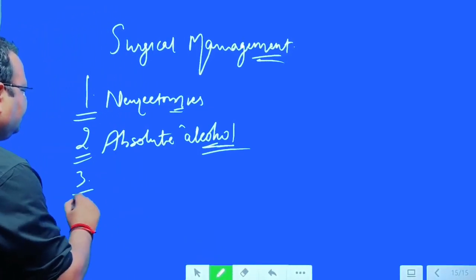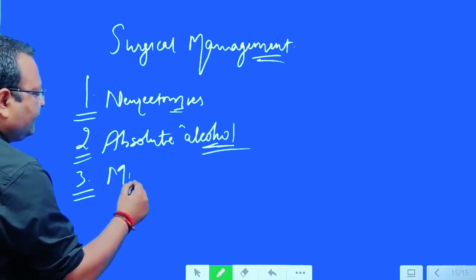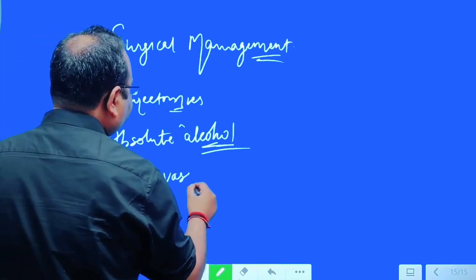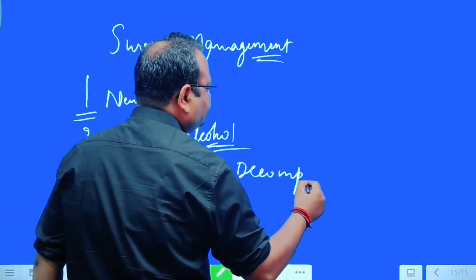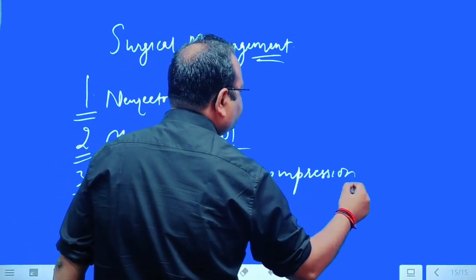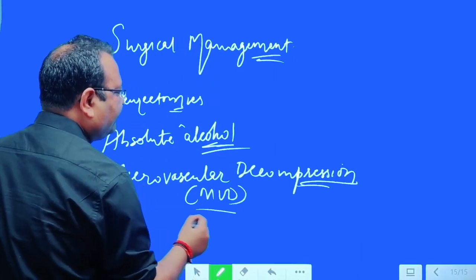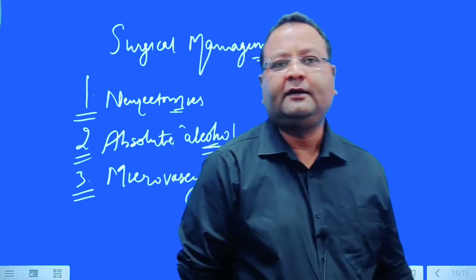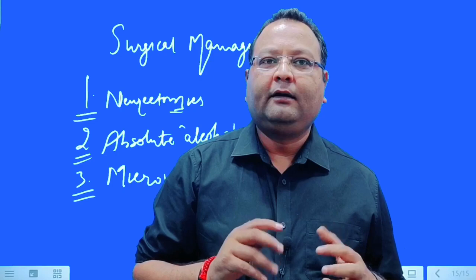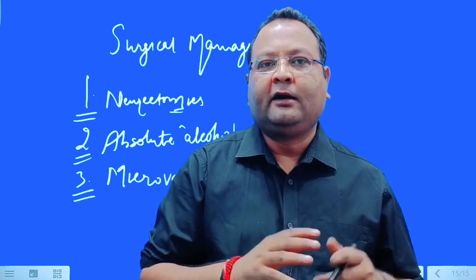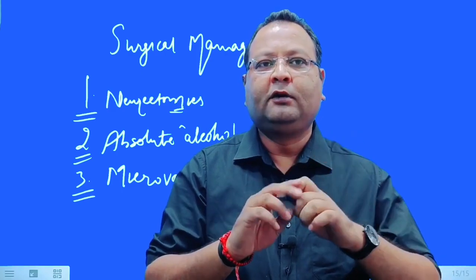Then you can go for microvascular decompression, also known as MVD. Microvascular decompression is a surgical technique in which you will enter into the brain, enter into the target area, identify the anomalous vessel, identify the sensory root, and just pull up the anomalous vessel, and in between the nerve and the anomalous vessel,